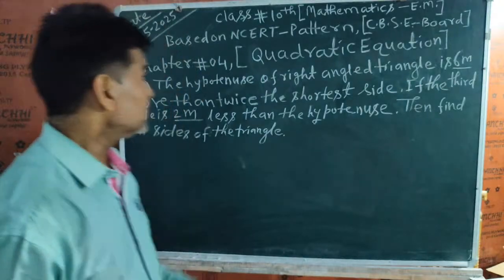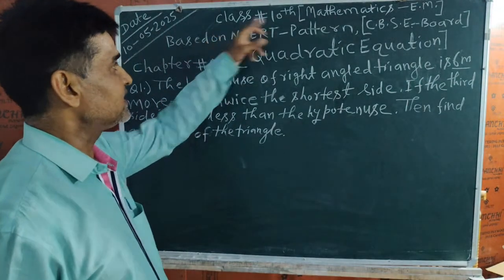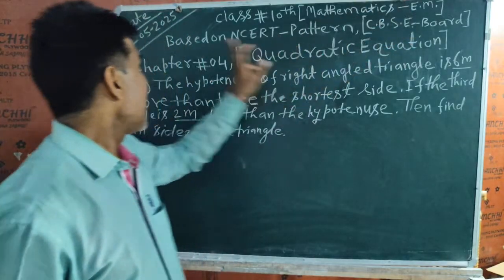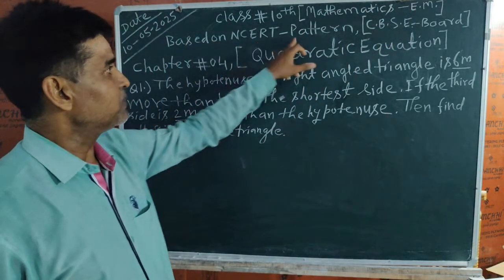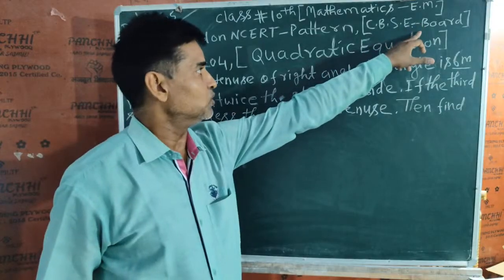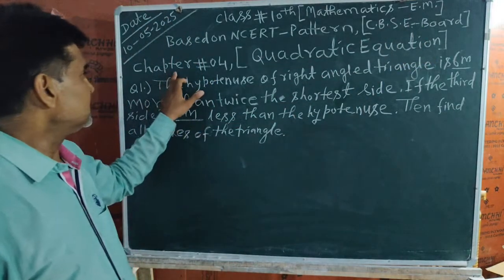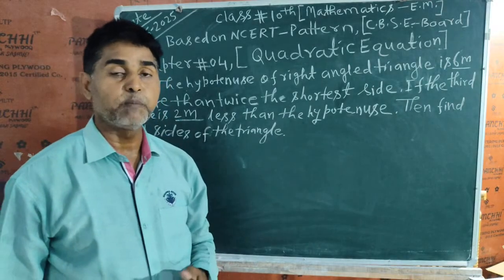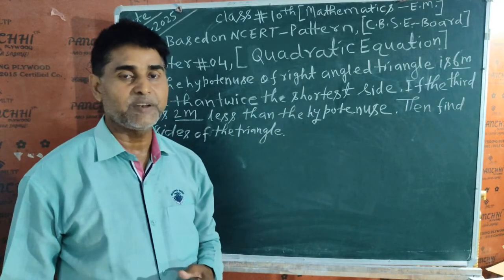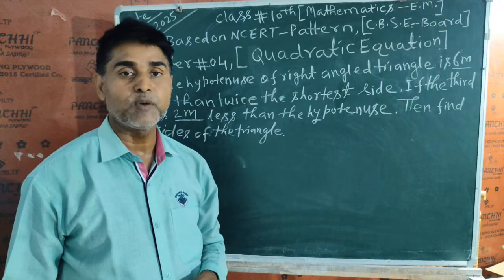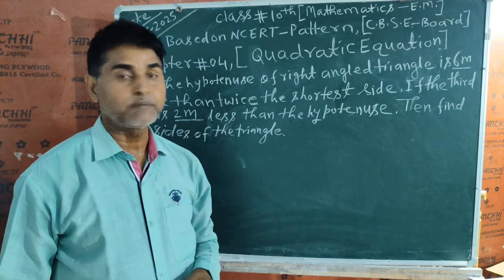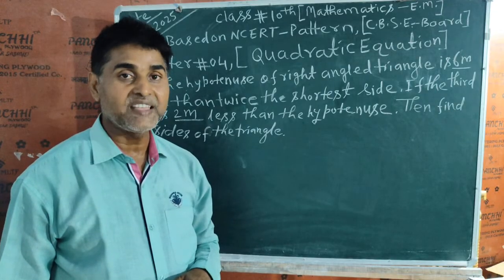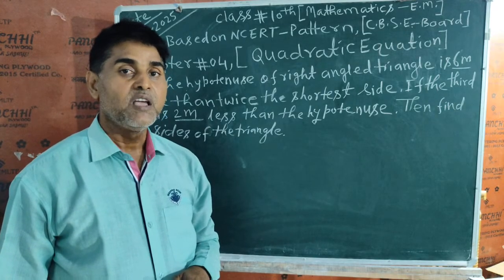Okay students, so here I have written class 10th mathematics, in English medium, based on the NCERT pattern, and the board is CBSE. Now this is chapter number 4, because I am teaching chapter number 4 now. Before this I have already explained chapter number 1, whose name is real numbers. Already I have explained it, and some questions are also available